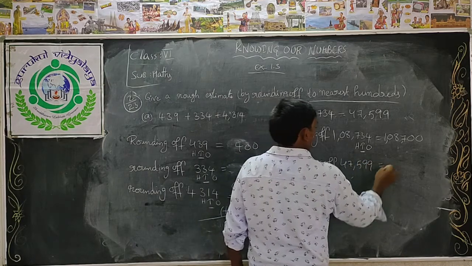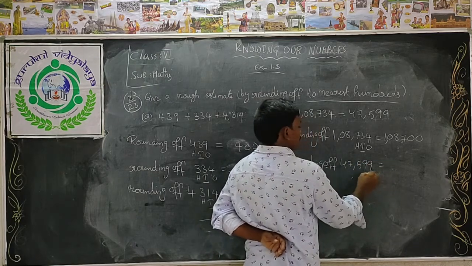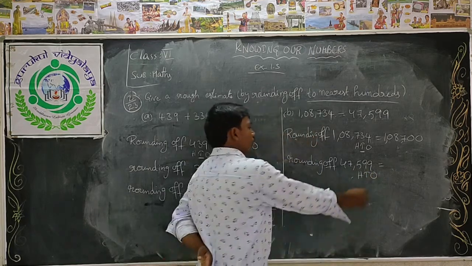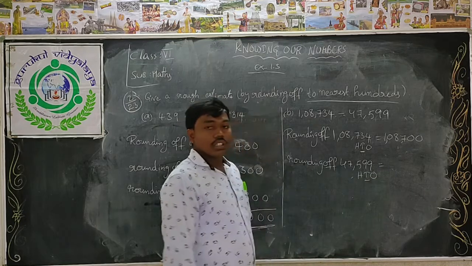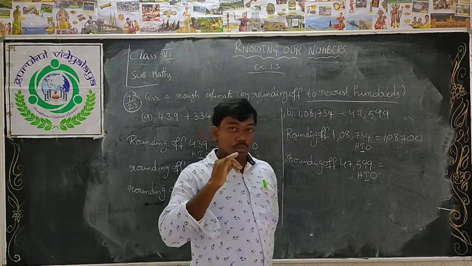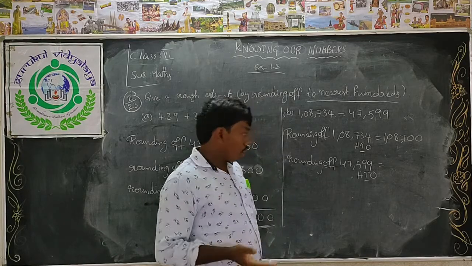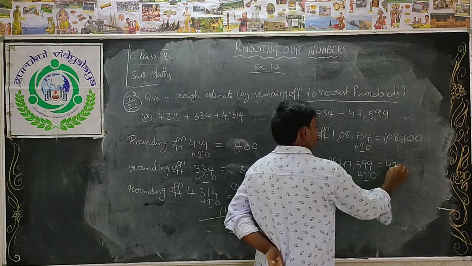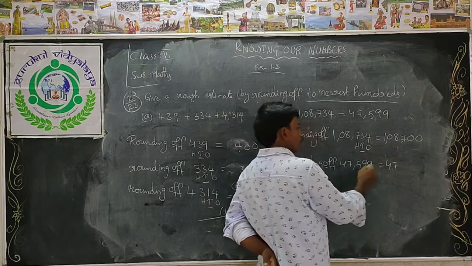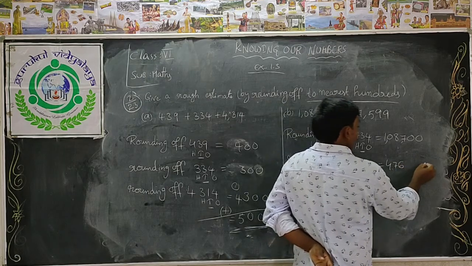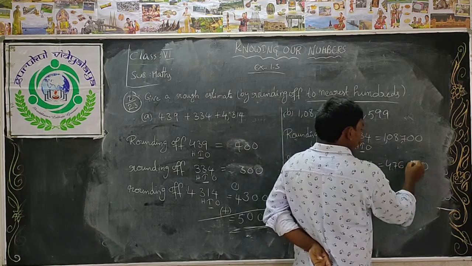47,599. Children, so ones place, tens place, hundreds place. Again check the tens place value. Rounding off to hundreds, na. Check the tens place value. If the tens place value is more than 5 or 5, you can add 1 to the hundreds place value. 5 plus 1, 6. The remaining 2 places will be 0. So 0 0 6